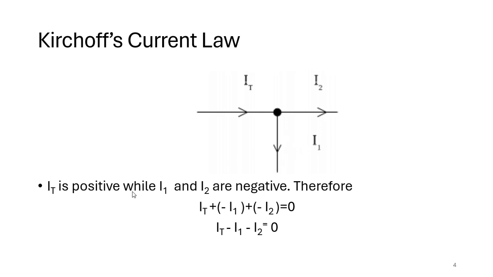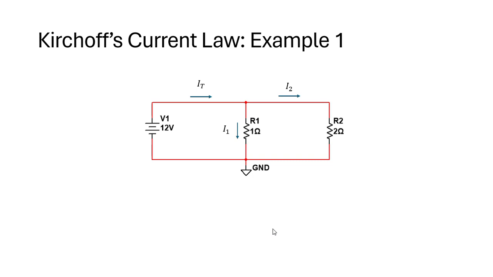IT is positive based off of the way that I do my analysis again, and you can do the opposite, but this is just the way I prefer to do it. IT is positive and I1 and I2 are both negative, and so therefore IT plus negative I1 plus negative I2 will give us 0, and IT minus I1 minus I2 is equal to 0. Okay? All right, so now that we've learned a little bit about Kirchhoff's current law,